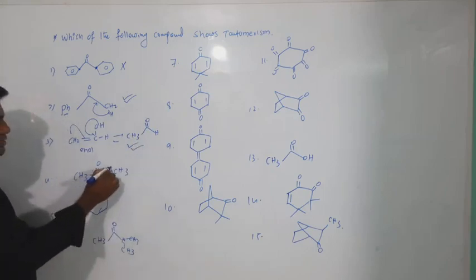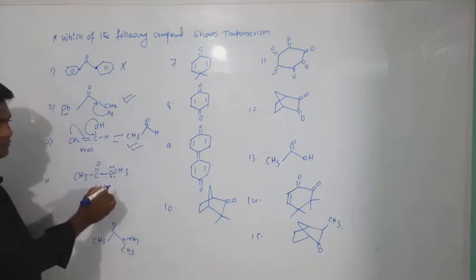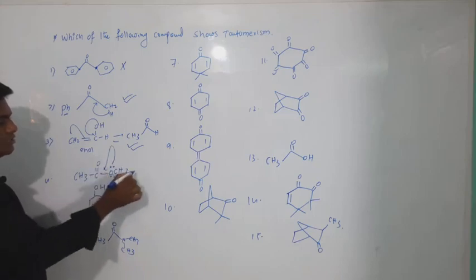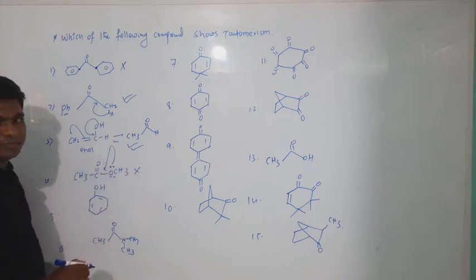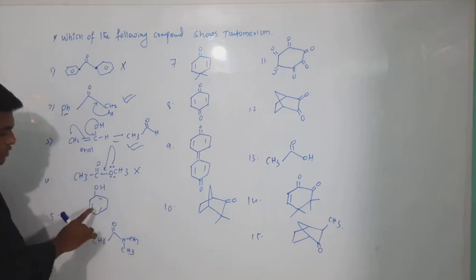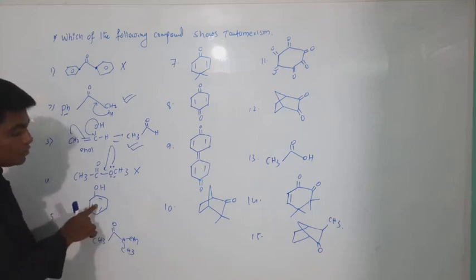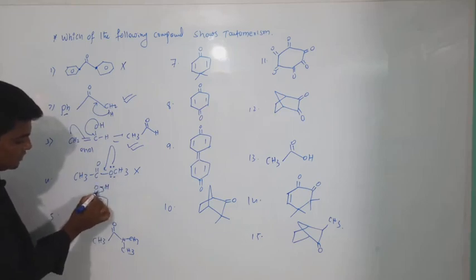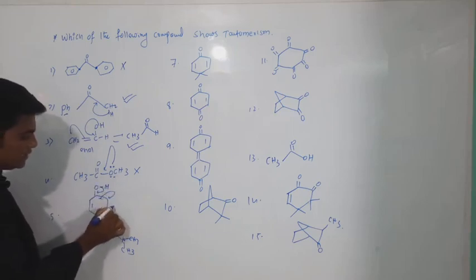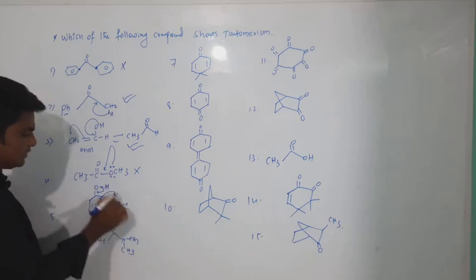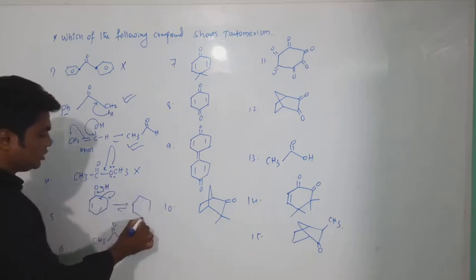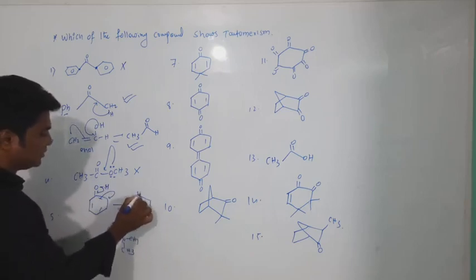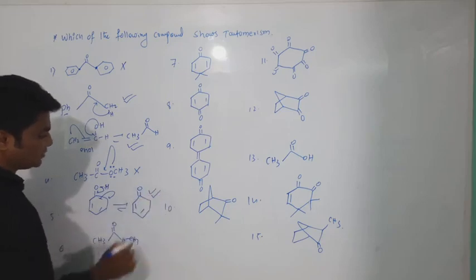See here, this one, this is what? This is an ester. So ester means what? Delocalization. It means it does not give tautomerism. Okay. Now see, this is what? Phenol. Phenol also gives tautomerism. How? See here, this OH participates in the resonance, and here you will get the negative charge. That negative charge will take this hydrogen atom. This is keto-phenol tautomerism example. It means it will also give a tautomer.